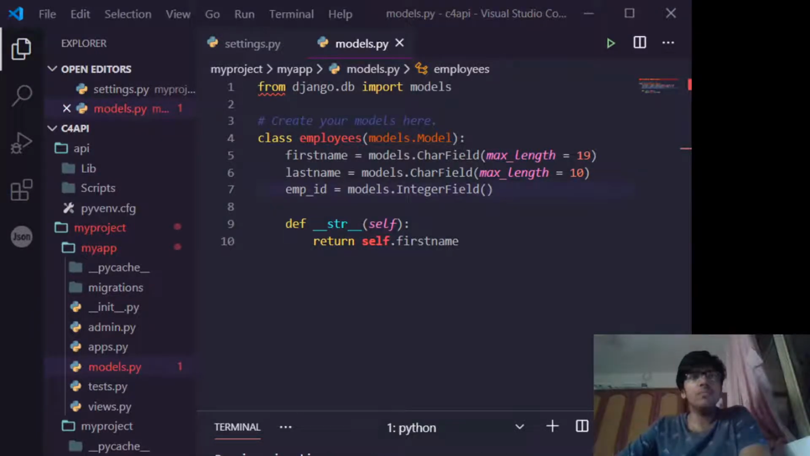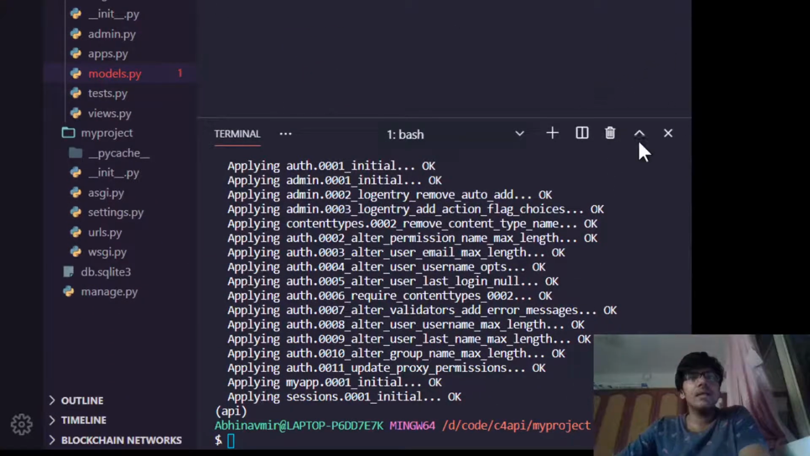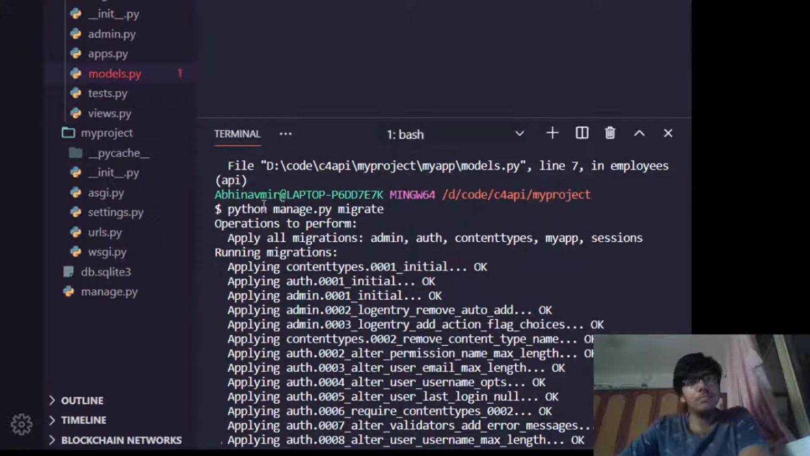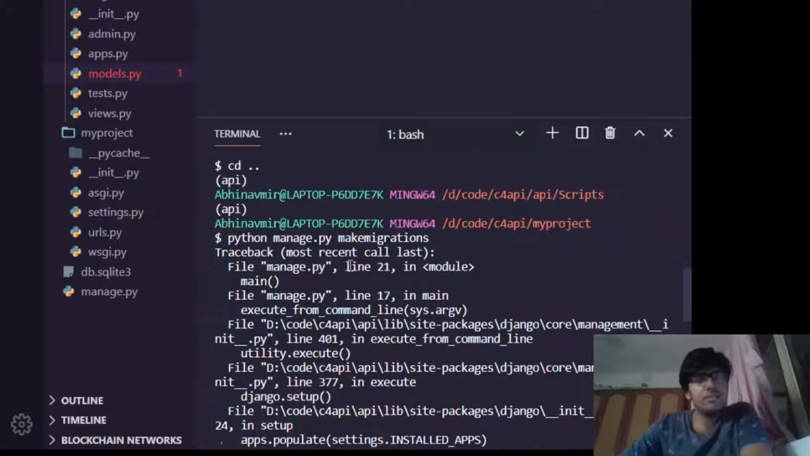Now, oh yeah, I just forgot to do this. Yeah, this is the migrations. This is what it looks like. So we did a python manage.py migrate, and we did a makemigrations. That's clear, I guess. So let's move on to the next part,